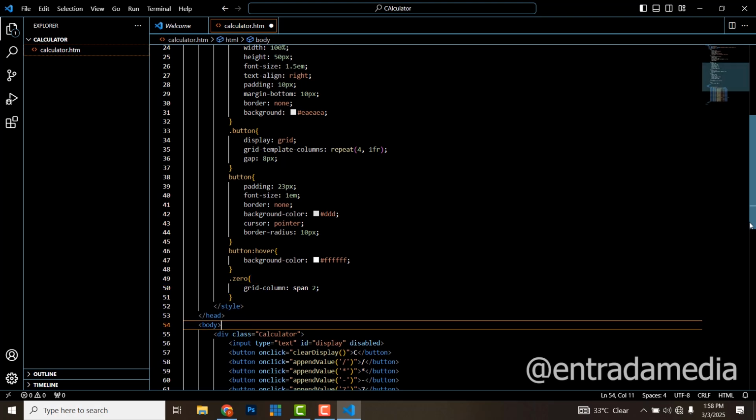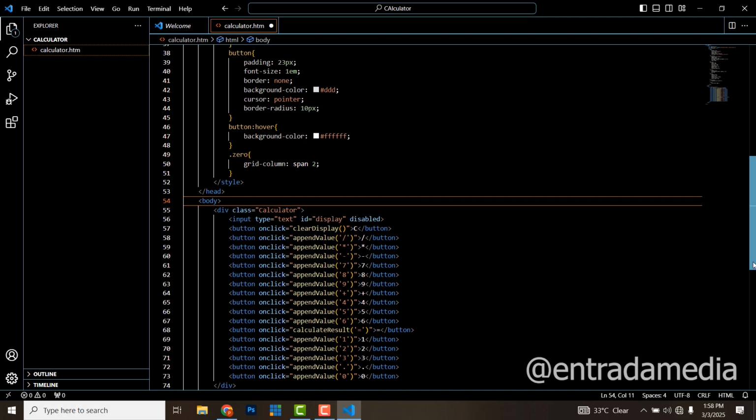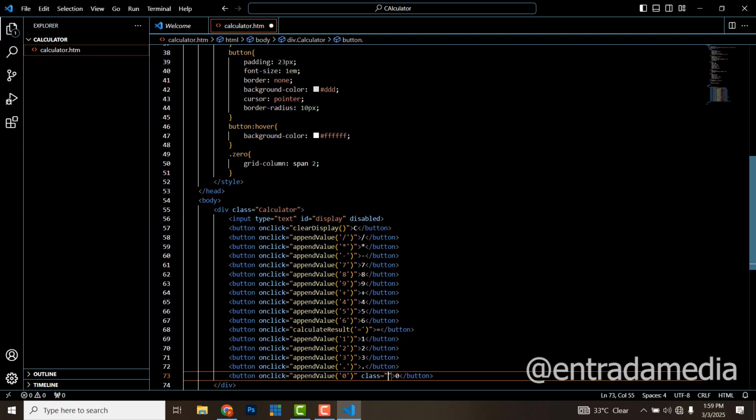Okay, so we're going to come right here on our code. We're going to do something so that we target the 0 on our code. So we're going to go down to the last one, which is the 0. Because we want to target it also right here, class is going to be equal to 0